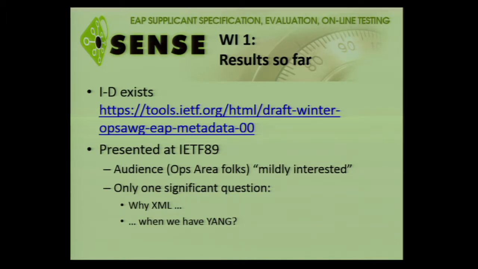We did get one significant question, and that's why we still have to work on this one. It's not finalized. So we thought XML is a good idea, but the IETF actually has a different protocol for configuration information, and it is called YANG. Does anybody of you know YANG? Please raise your hand. Nobody knows YANG. OK. Maybe you know SNMP. So SNMP is a bit more popular.